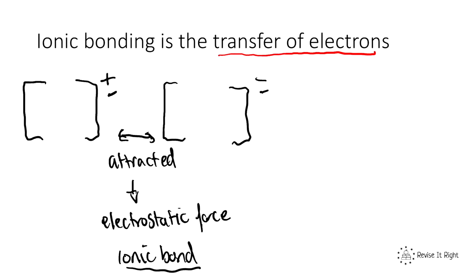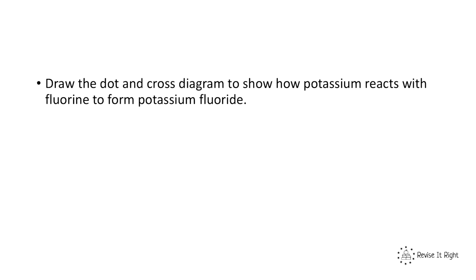Okay, and it is called so because there has been a loss of an electron and there has been a gain of an electron. There has been a transfer of electrons, causing a positive and a negative ion to be attracted to each other. Now we can draw dot and cross diagrams to show ionic bonding. Okay, and I'm going to talk you through a couple of examples of how to do that now. So the first question here, draw the dot and cross diagram to show how potassium reacts with fluorine to